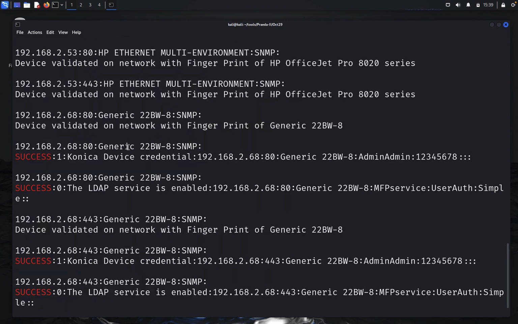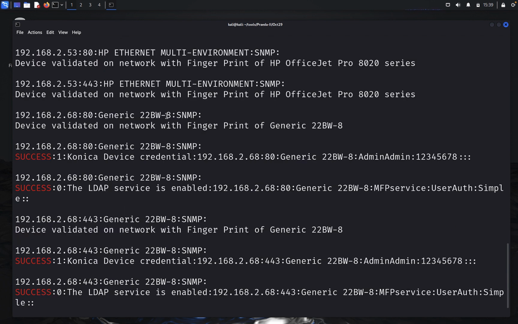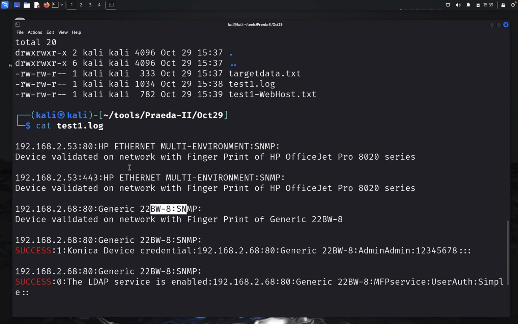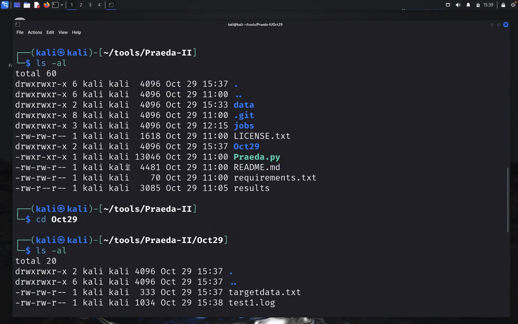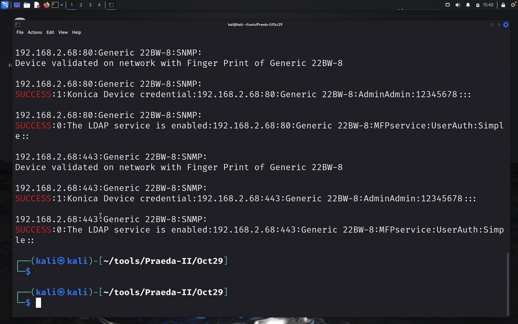and we can see that in here there are fingerprints for HP printers, fingerprints for a Konica printer, and we can also see there were several modules running for the Konica printer. But if we go back to the previous data that dumped to the screen, we also see that there was a Xerox. Now it turns out